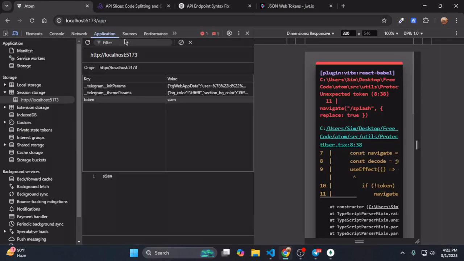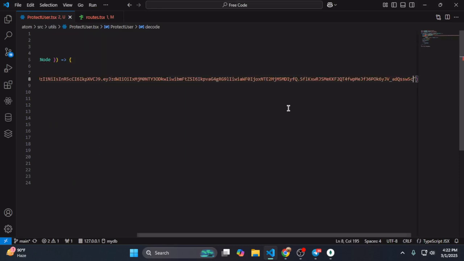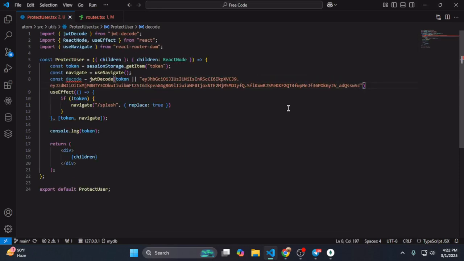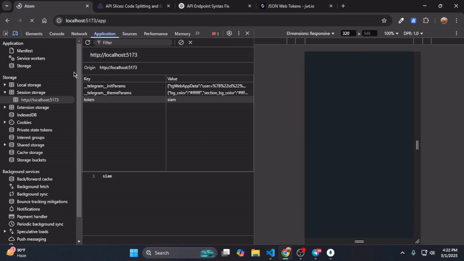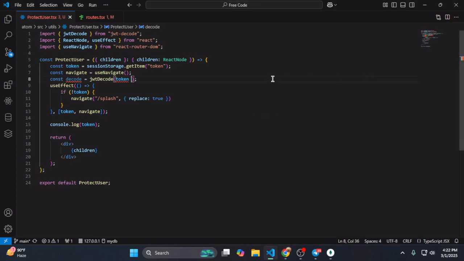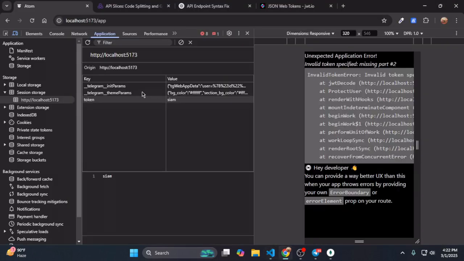I just copy this and paste it here, so I will not get any error that the token is null and cannot be decoded, this kind of thing. Suppose I do not paste this, then if I refresh, you can see there is an error, right? So that's why I paste it, and you can see, hello buddy,